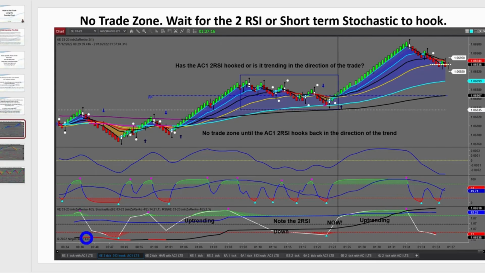This is actually set up by the 5-period short-term stochastic. I've simply hidden the short-term stochastic plotting in between the 80-20 zone, so you can't see that there. And what you'll notice is, see how we turn with the 2-period RSI at the same spot. So they're identical, 2 totally different indicators doing the same thing. So what we're effectively looking for is for the short-term stochastic to hook, ideally if we've got the long-term stochastic,